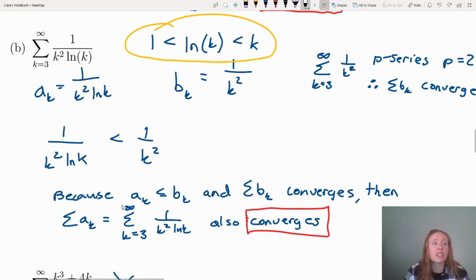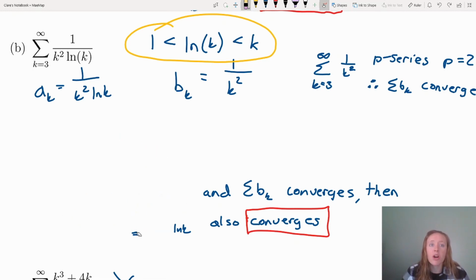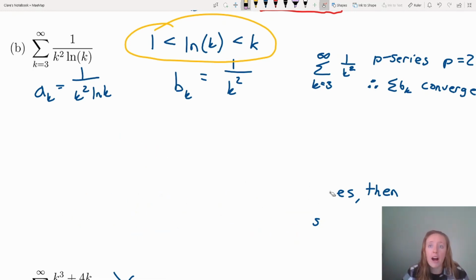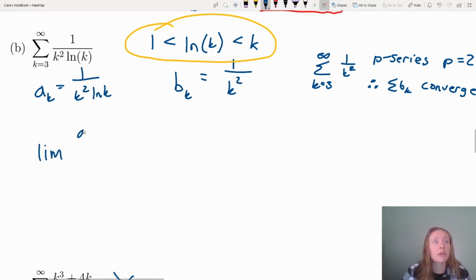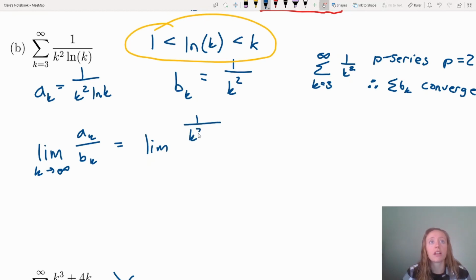But let's assume that you didn't know that 1 over k squared ln of k was less than 1 over k squared, because that could be a tricky thing to figure out. So let's go ahead and erase this and say, okay, so we don't know exactly how a sub k compares to b sub k. We can always jump right into that limit comparison test. So instead of performing the comparison test, let's do the limit of a sub k over b sub k as k approaches infinity. Then that's going to be the limit of 1 over k squared ln of k all over